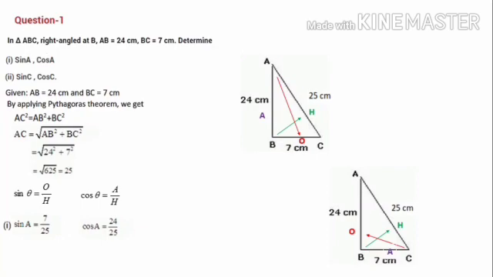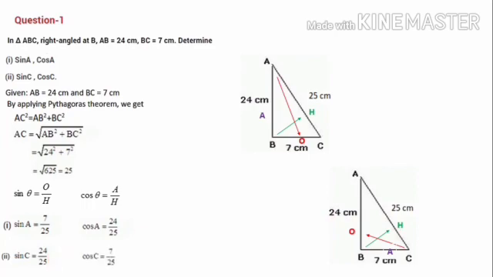Once again, here the angle is C, so we have to draw the triangle again and mark the sides. That is 90 degree opposite we have labeled H. Here angle is C, that's why based on this C, the opposite side is AB, that we have marked here O. The leftover side is BC, that BC we have considered as A. Then substitute it in the formula, sin theta is equal to O by H. Here O is 24, H is 25.